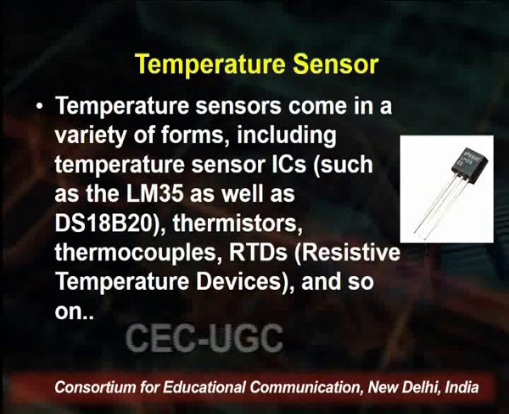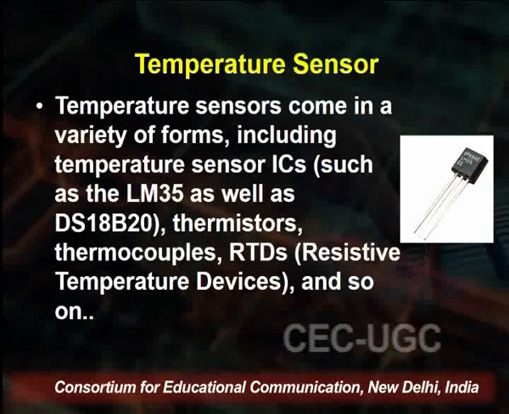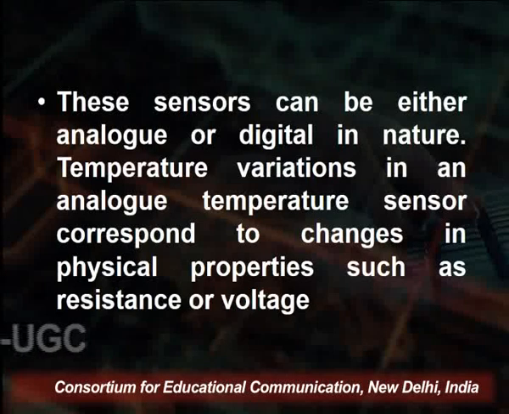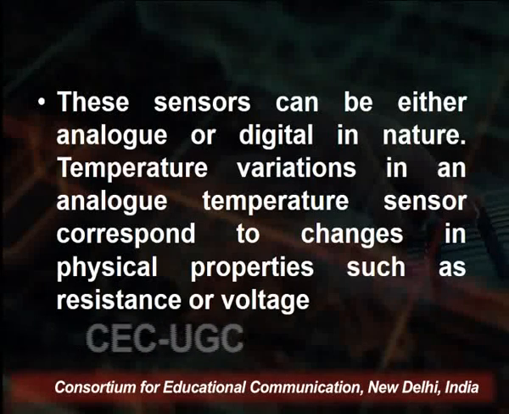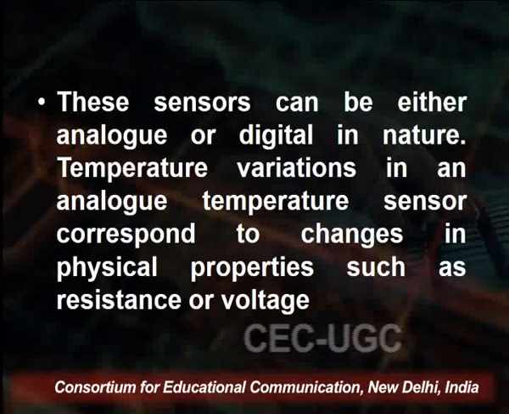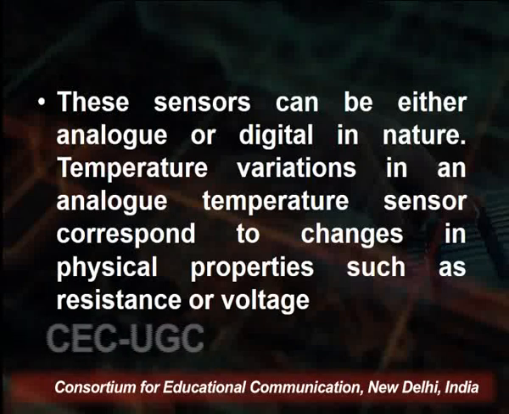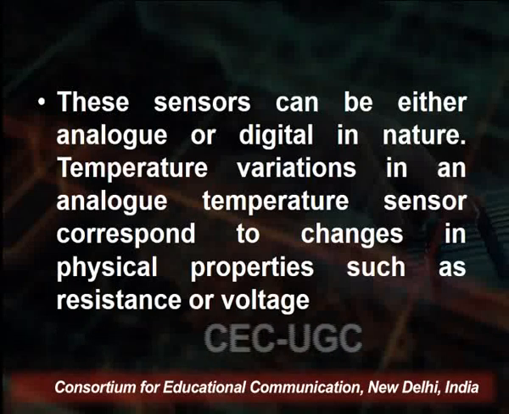The temperature sensors are formed in this manner. The temperature sensors can be either analog or digital in nature, depending upon the output. Temperature variation in the analog temperature sensor corresponds to changes in physical properties such as the resistance and the voltage. That is used in a variety of electrical appliances like computers, automobiles, mobile phones, air conditioning systems and